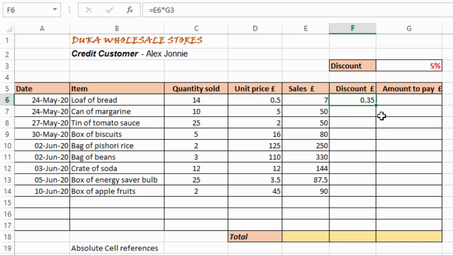If I decide to drag this formula down like this, you can see I'm getting errors and abnormal figures. Do you know why? Now check this. If I click this, it picked from E7,